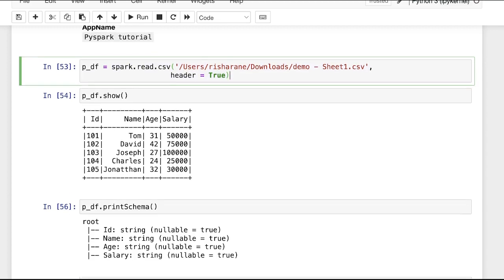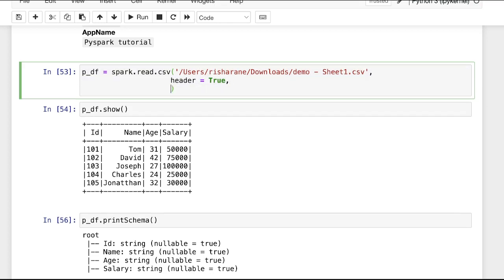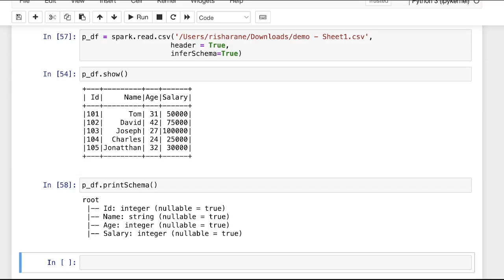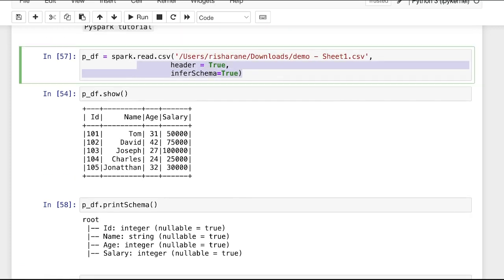So whenever you're loading your dataset in this particular line, you need to provide one more explicit attribute like infer schema is equal to true. Now, when you again run the print schema method, you can find the columns ID, age and salary are associated with integer data type. So whenever you're loading your dataset in PySpark, you need to compulsorily provide two explicit attributes, header is equal to true and infer schema is equal to true, so that your Spark session recognizes the first row of the dataset as the original column names, and that every data column is associated with its respective data type.